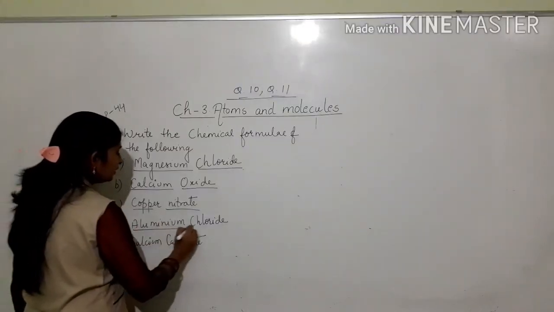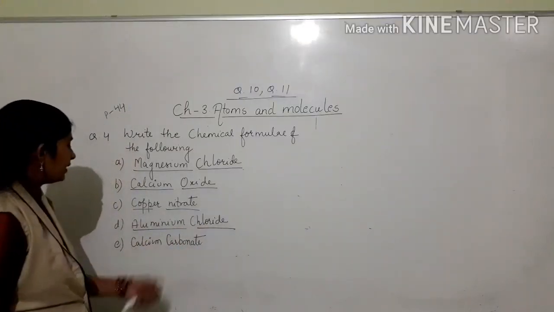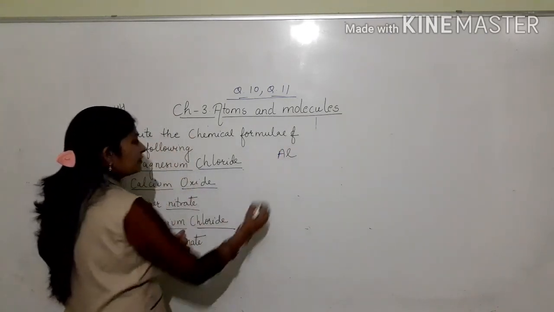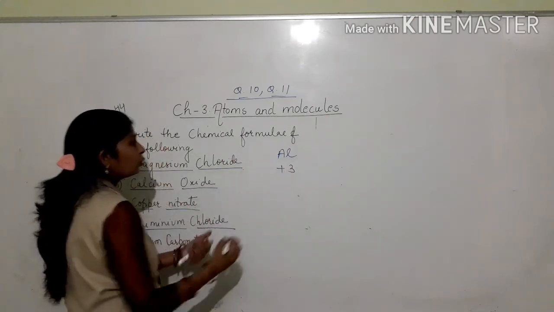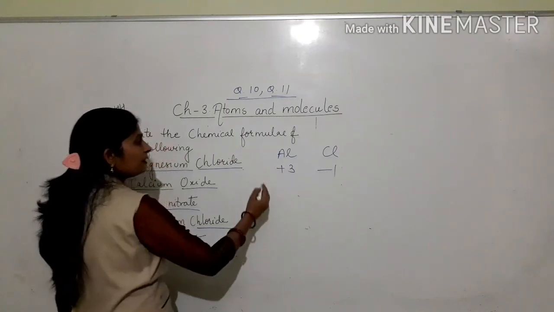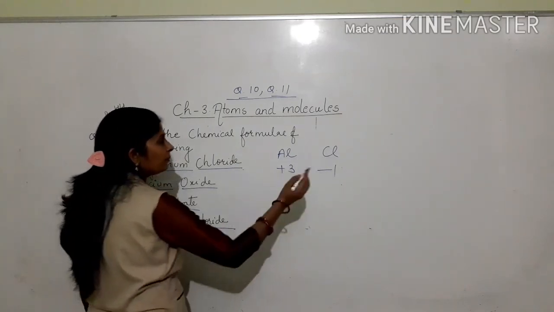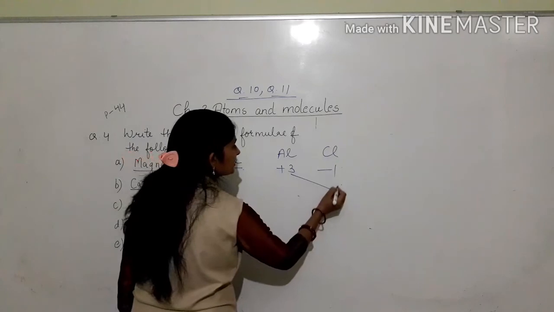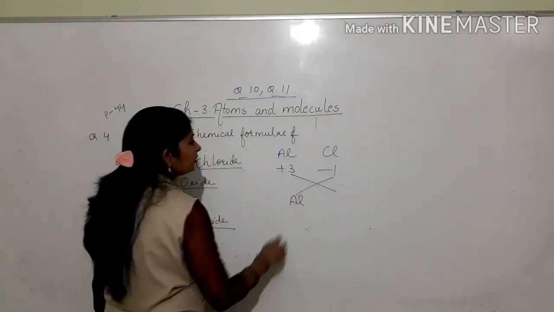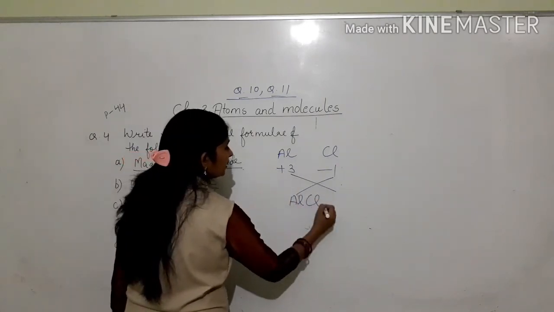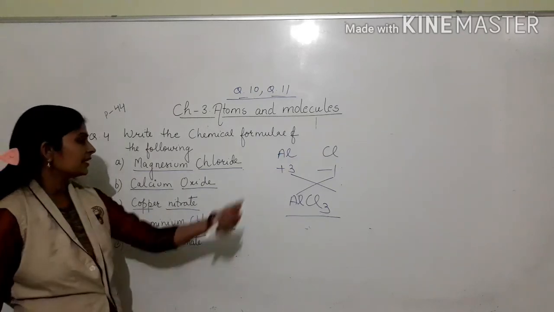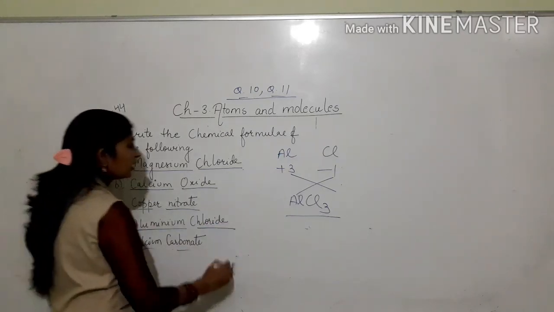Now, aluminium chloride, D part. So it has aluminium ion Al having charge +3. Then chloride ion Cl having charge -1. Now simplify 3 upon 1, it will remain 3 upon 1. Now transfer 3 over Cl and 1 over aluminium. Al1 we need not write. Cl3. So what is the chemical formula of aluminium chloride? It is AlCl3.